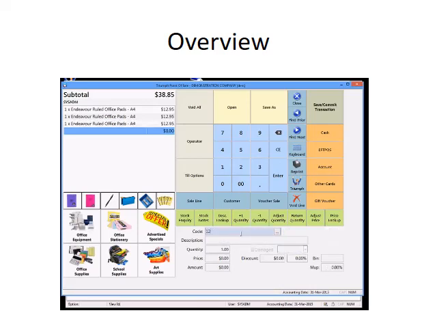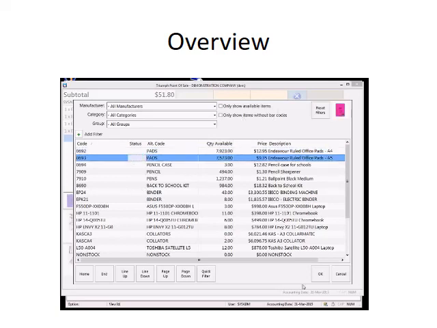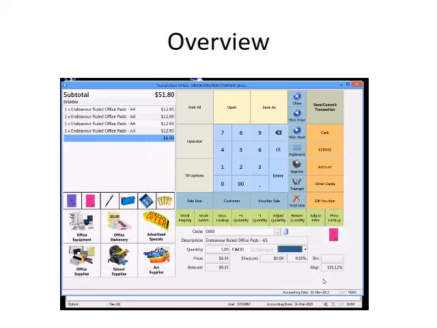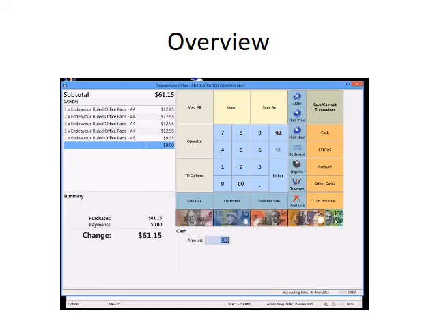If you've got something with a barcode, you can scan the barcode and it'll actually automatically sell it. If you don't know the barcode or the stock code, you can look it up under the search, and it'll give you a list of the different products that are available for sale, and there's a few options of different ways of doing that. Just pick an item to sell. I can sell that item, finish that one off. Once I've finished it, I can pay for it by cash, EFTPOS, put it on account, pay for other cards, pay by cheque. I'm going to make this one just a cash sale and pay it off with $100,